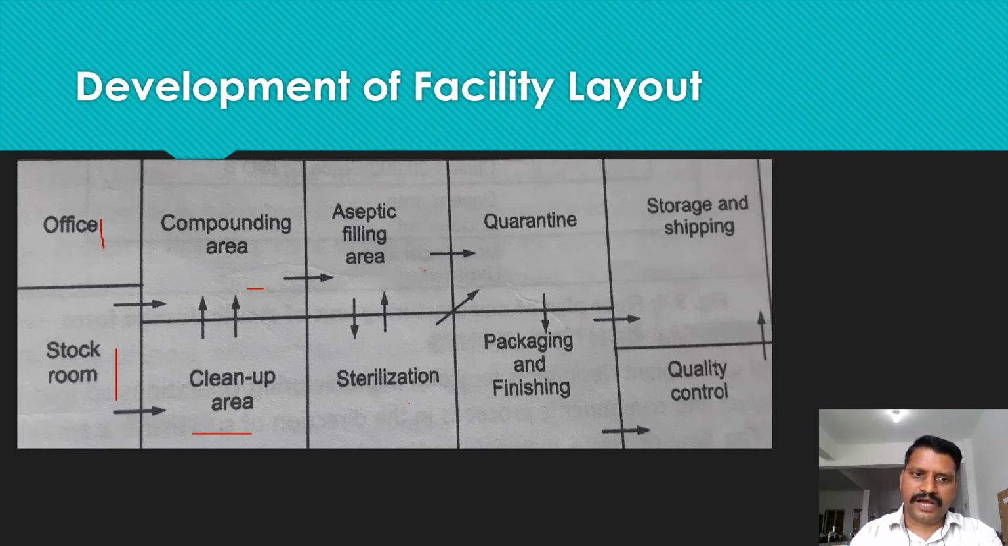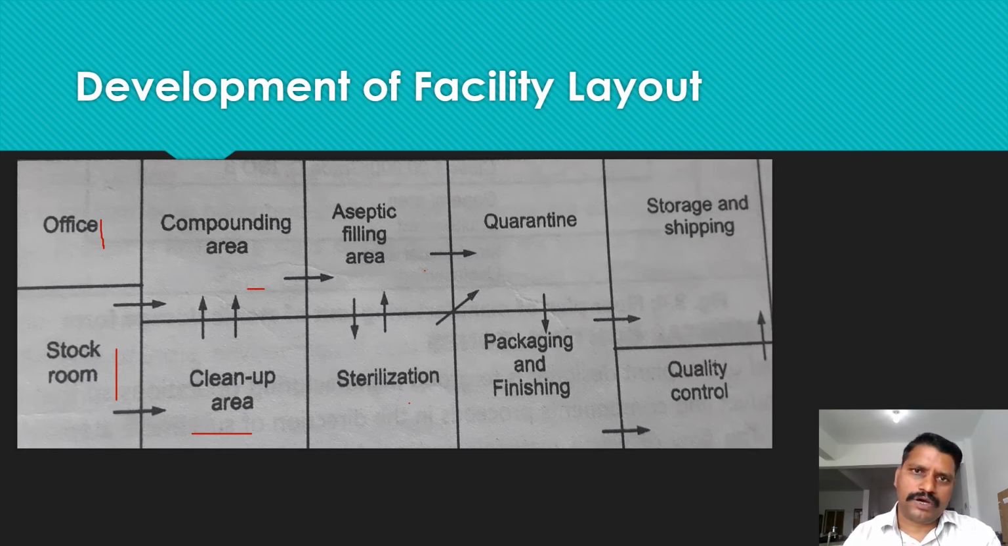Okay, you cannot transfer the material from the cleanup area directly to a sterilization area. You should follow the proper flow pattern of a material from the cleanup area, after cleaning the material or whatever devices and glassware were used in the manufacturing process. So from the cleanup area to the compounding area or production area, where the material or dosage form is going